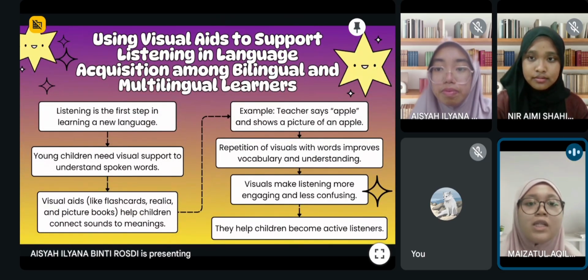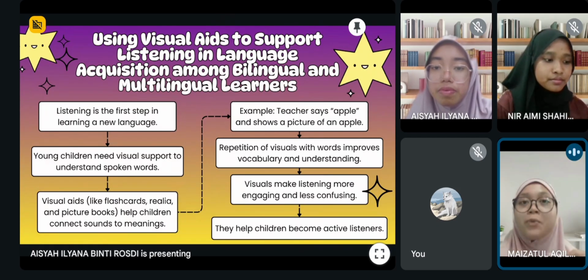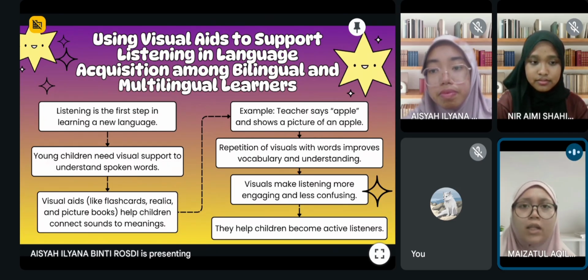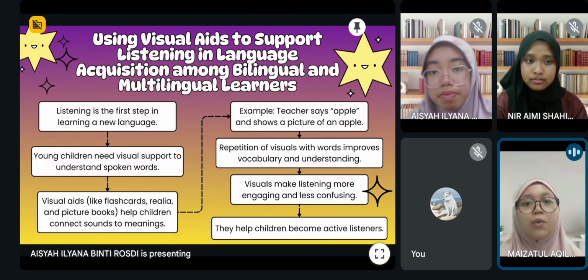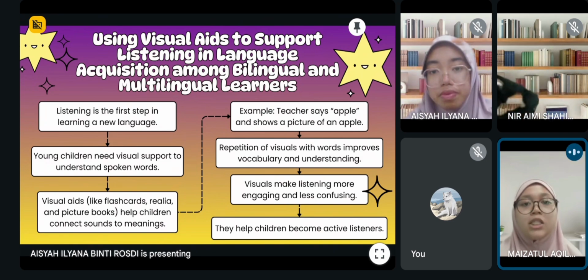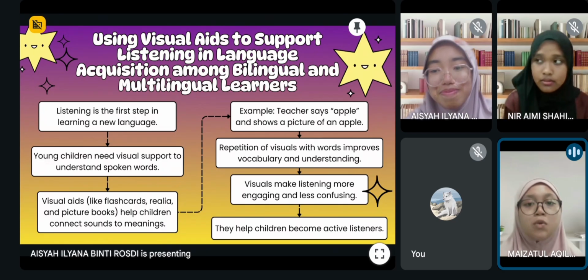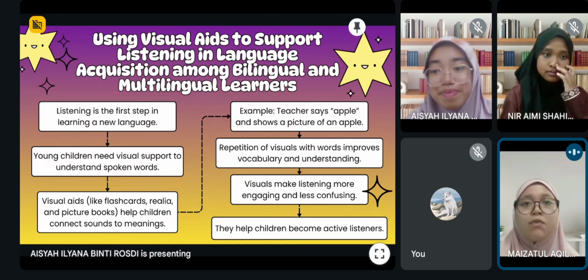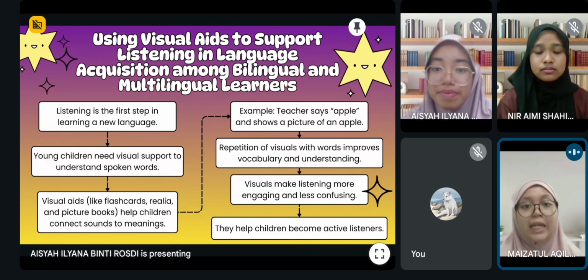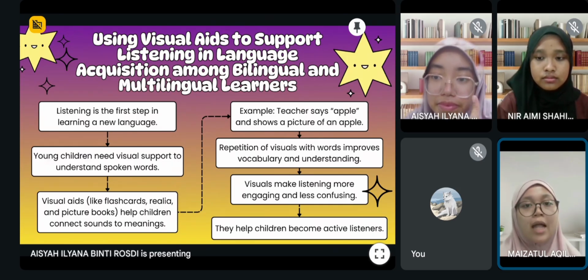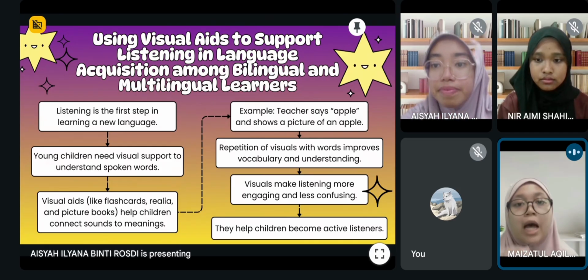Okay, the first step in language learning is listening. For preschoolers, listening alone is not enough. They need visual support to understand what they hear. Listening is a crucial step in acquiring a new language, especially for bilingual and multilingual preschoolers. At this stage, children rely on contextual cues to understand what they hear. Visual aids such as flashcards, braille, and picture books provide clear representations of spoken words, helping learners associate unfamiliar sounds